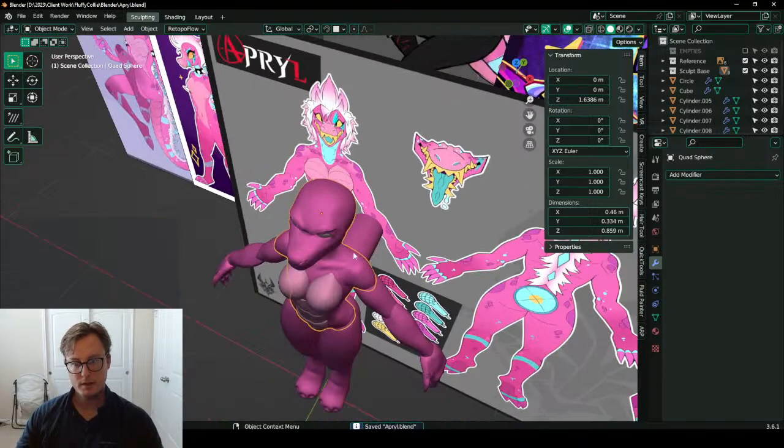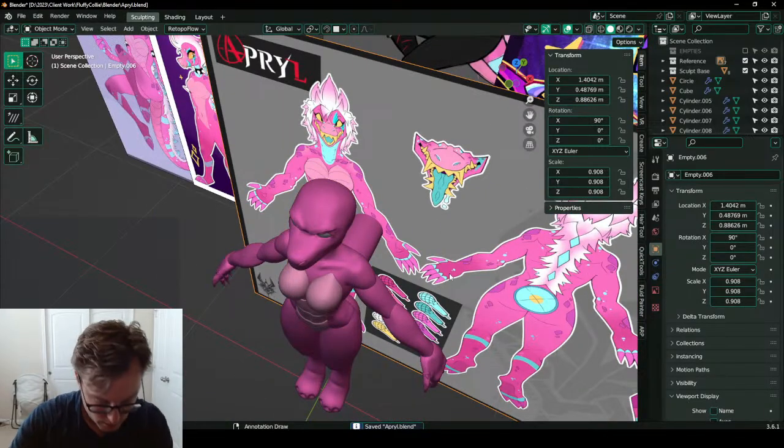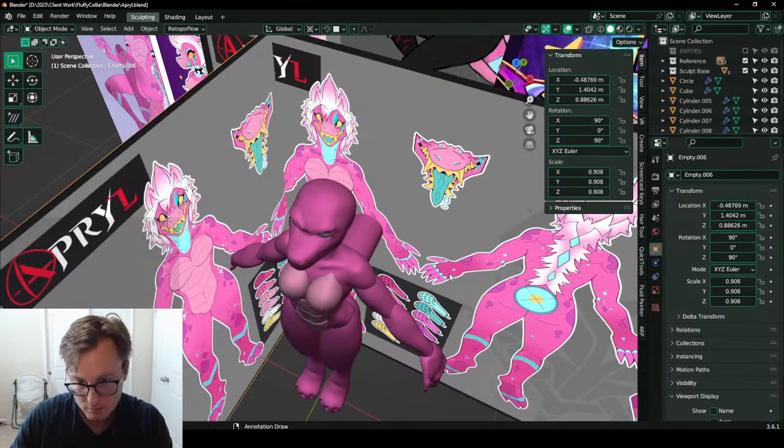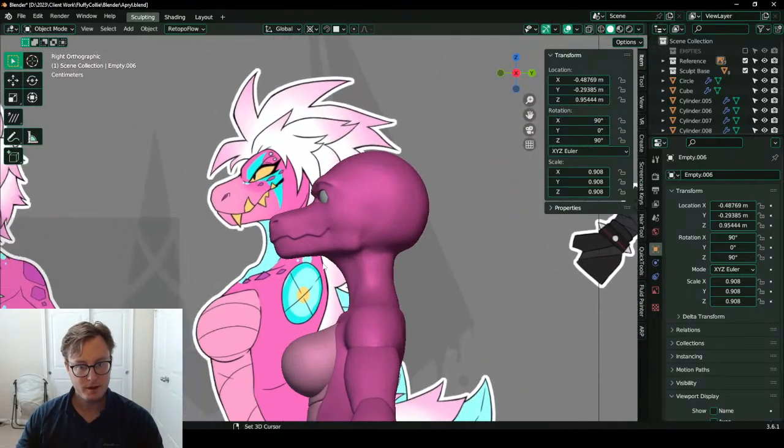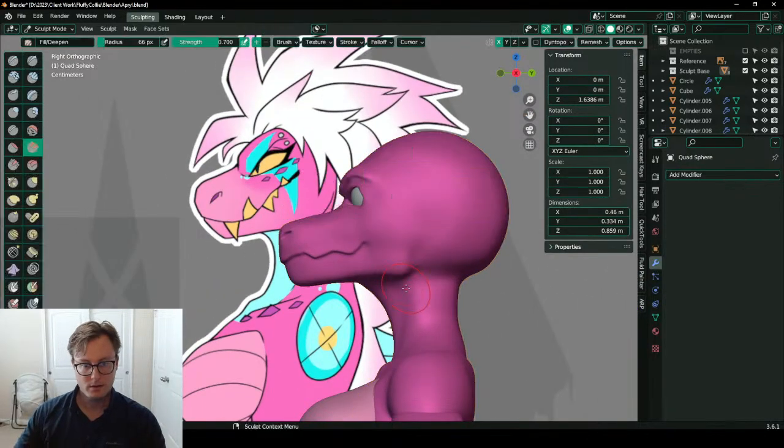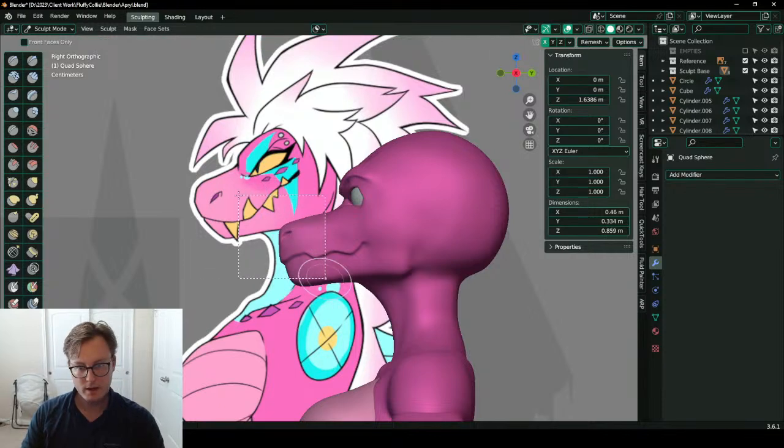All right, and then let's take this one, duplicate it, 0.6, rotate it, so we get this nice silhouette here. And really get that skull together. This one, we'll do a box mask. It's just going to make it a lot easier.